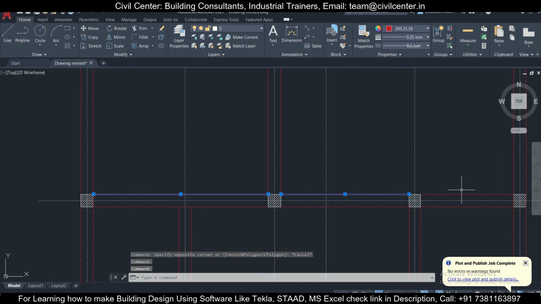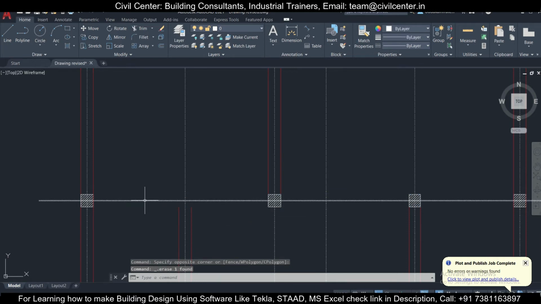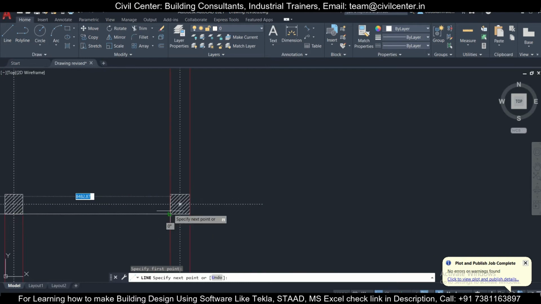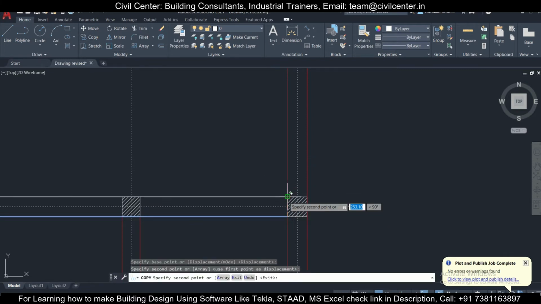This I want to have as a single line. I don't want to check and do anything else, so I want a single line. Which layer to create it in? Zero. Let's create it in zero itself. A single line from here to here, and then copy this line from here to here.